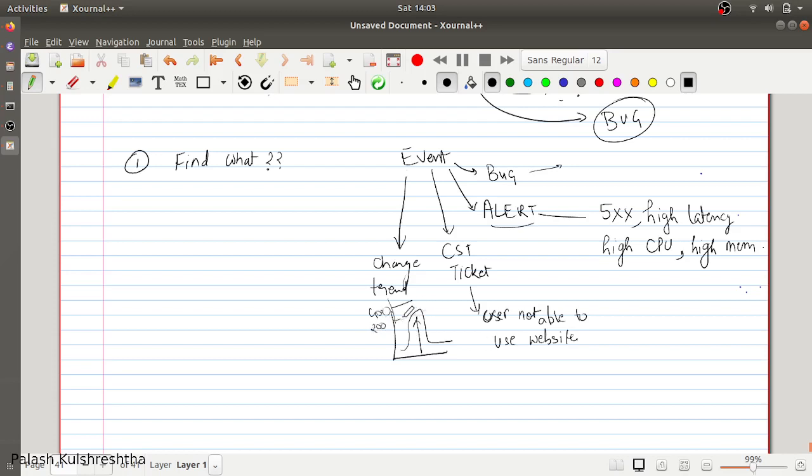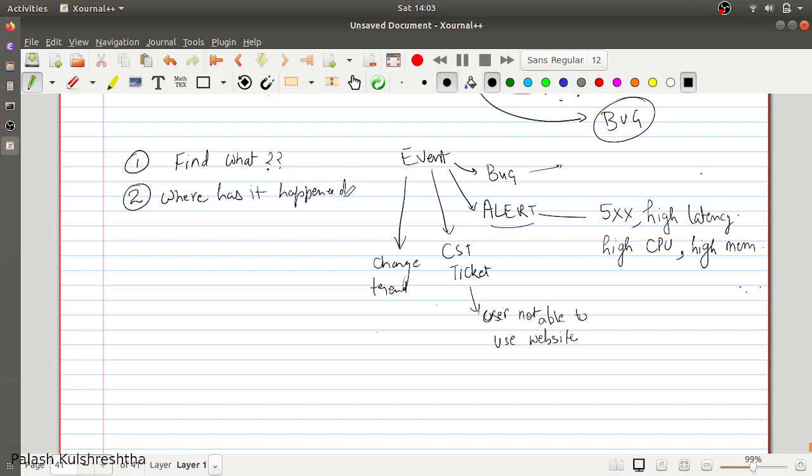In that case the alert won't be raised, but since there's a spike, you can go about debugging why those 5xx were observed. So an event can be anything. Before debugging anything, you have to first find out what has happened so that you can take an appropriate step.